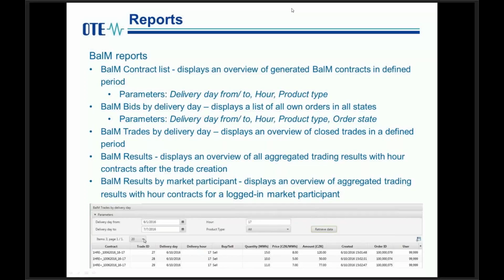In this part you see the items, and the default setting is 20. You can enlarge it, and this report can comprise up to 100 lines. Every report can be exported into an output file. Once we decide about the parameters, we upload the data into the report, we click on